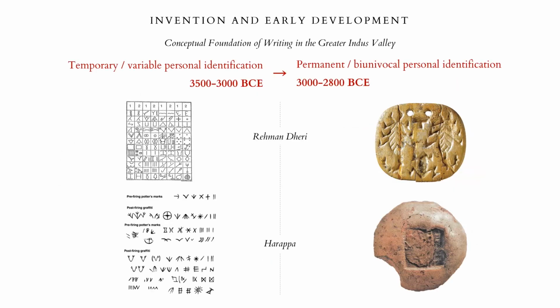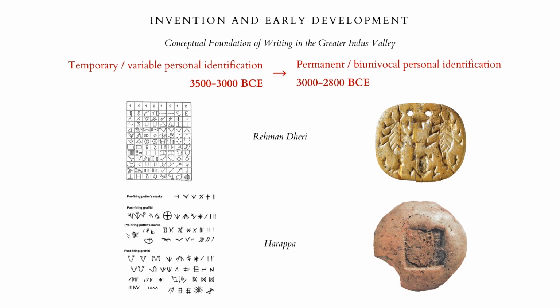In summary, the phase between the late 4th and the early 3rd millennium saw the transition of the same corpus of signs, from potter's marks traced on crude pottery vessels before their firing, to post-firing graffiti scratched on the surface of ceramic vessels, to monumental signs carefully engraved on stamps used to seal containers and rooms. In this process, we also see the transition from the use of single signs to their combination into short strings of a few signs.